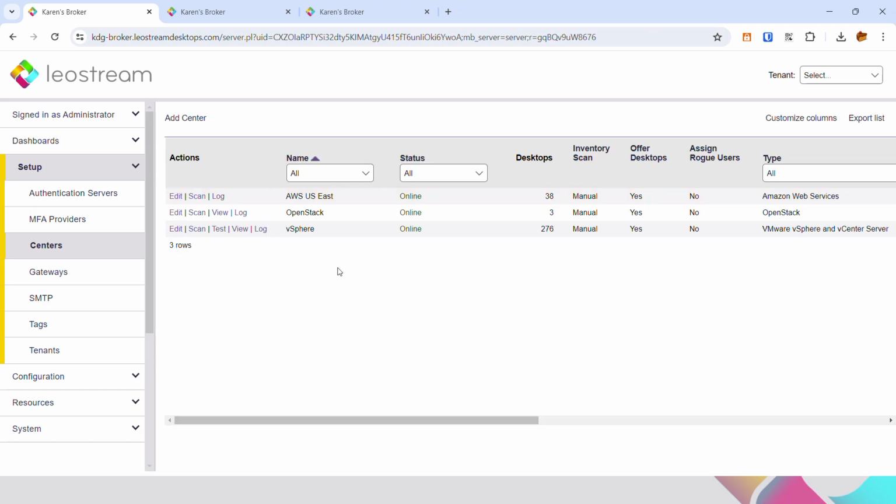Now, LeoStream is not going to be part of your image management. You'll need to take your images that you're using for provisioning from vSphere, reconfigure them on OpenStack, install LeoStream agents on them, maybe a different display protocol. We're here to help you as you work through that process. But once you have that infrastructure all built up, then managing the access is seamless within LeoStream,